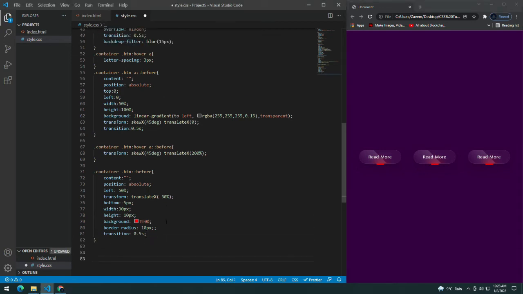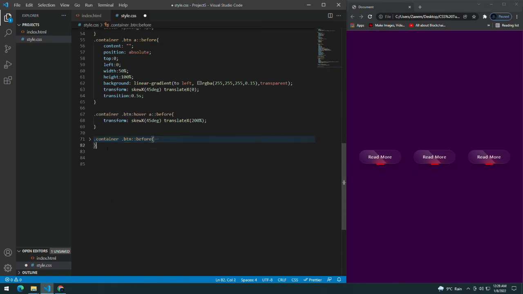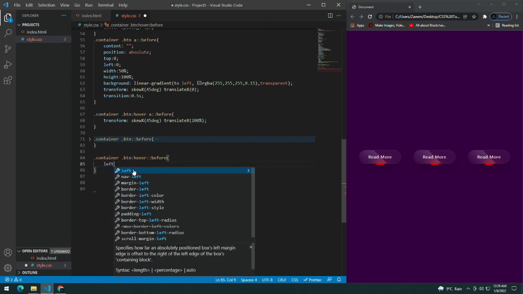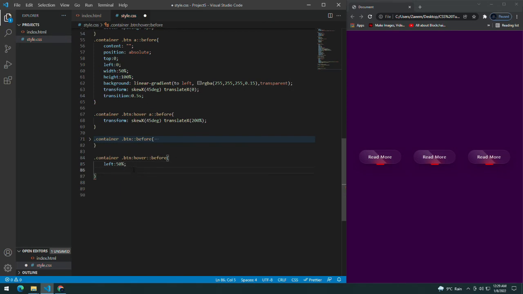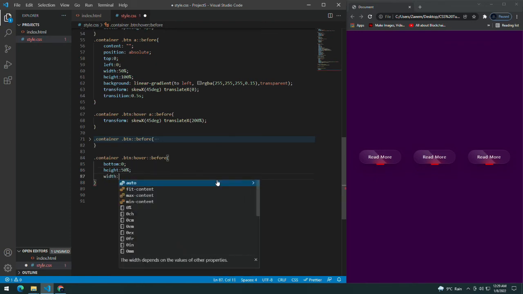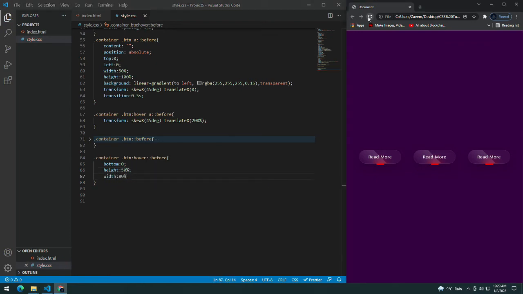Now I will simply copy this. I will create the same thing on the top as well, but before that let me give it a hover effect, and for the after the hover effect I'll give it a left of 50%, only a bottom of 0, and a height of 50%, width of 80%.